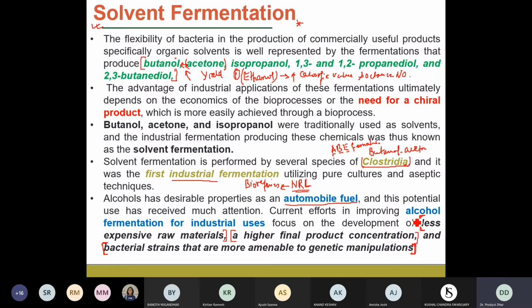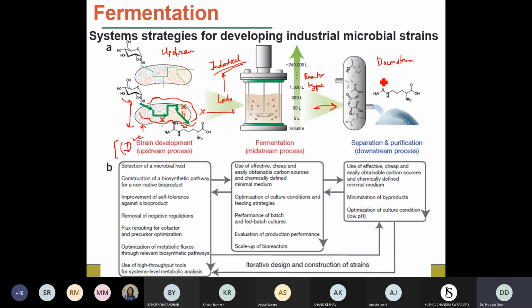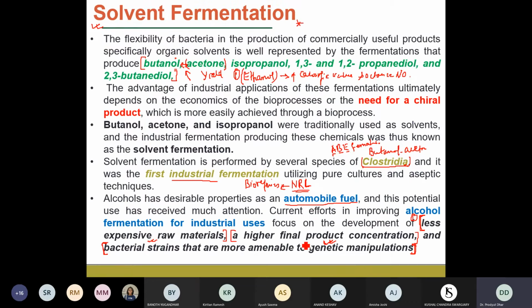So in that, you have to always find a particular substrate whose raw material is less expensive. And you have to find a technique by which you can obtain the product. Technique means the different downstream processes, right? We will look at the efficiency of different downstream processing, and from that you have to select the downstream processes appropriately so that we get a very high final product concentration. Then you have to select different strategies of modifying the bacterial strains through genetic modifications that will lead to the upregulation of a particular gene responsible for ethanol production.